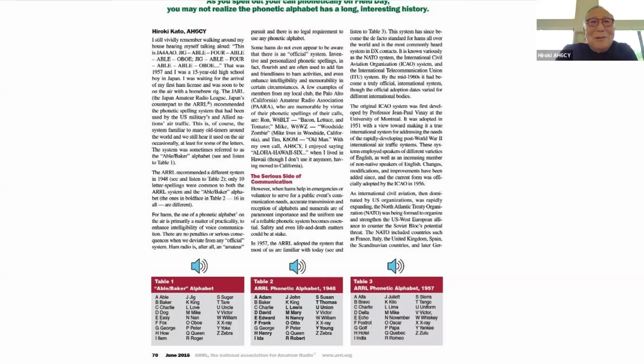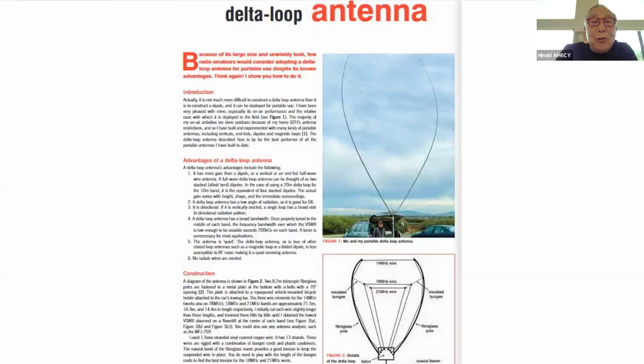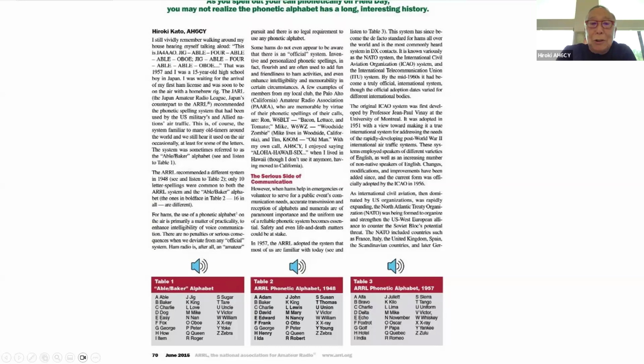Well, anybody who would be interested in reading this, it's self-explanatory what this article is about. So I wouldn't go into details here, but one interesting note is it just so happened one of my club members, that is, Palo Alto Radio Association's club member, happened to be the original creator of this phonetic alphabet, which is now commonly used among not only the amateur radio service, but the civil aviation and in some cases, some police stations. The current set of the phonetic alphabet used, that is to say, Alpha, Baker, Charlie, etc., were